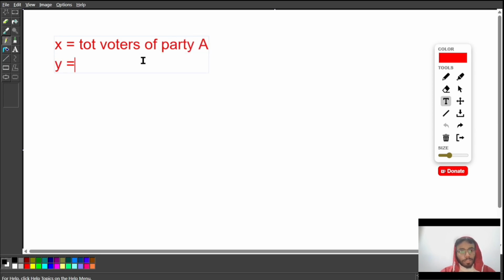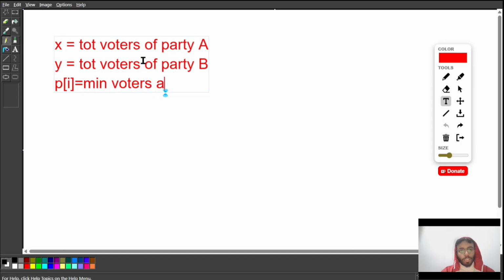Y is given, that is total voters of party B. And I will say that the vector P is given, and the vector P will represent the minimum voters required in each district. So P of I is minimum voters assigned to each district. Okay,